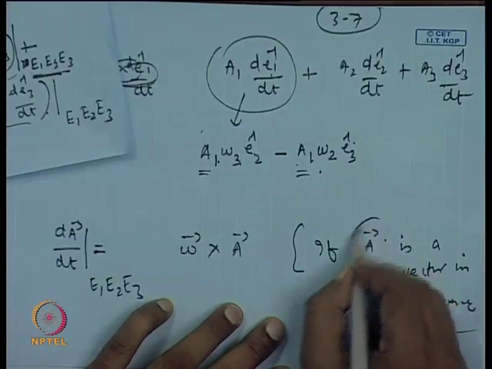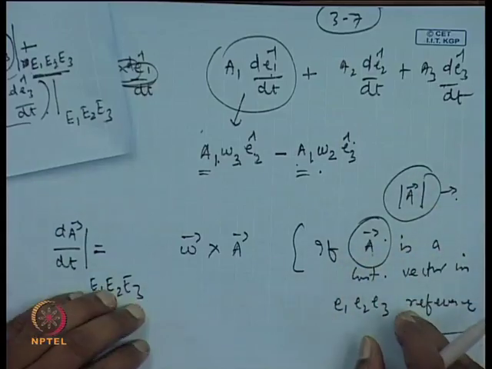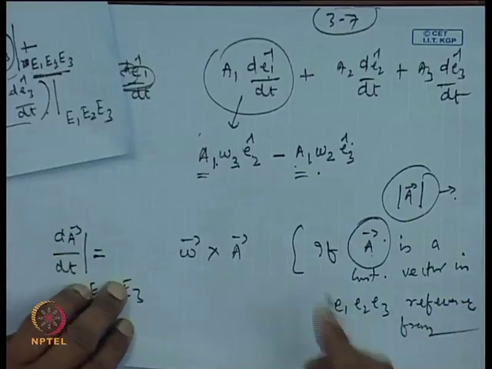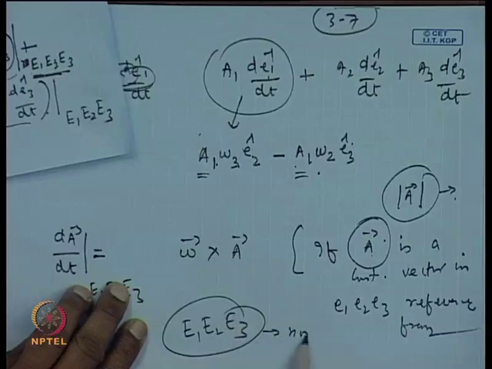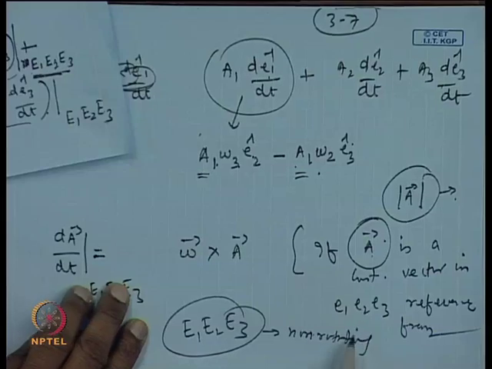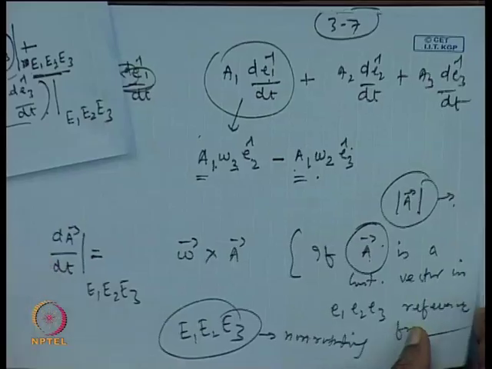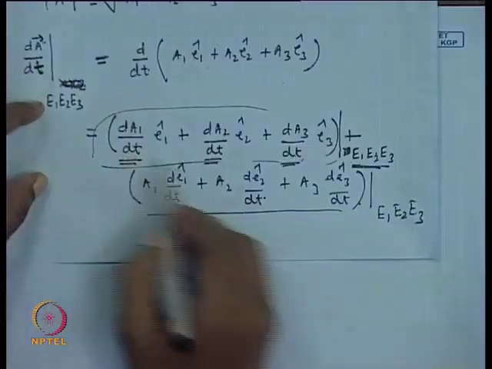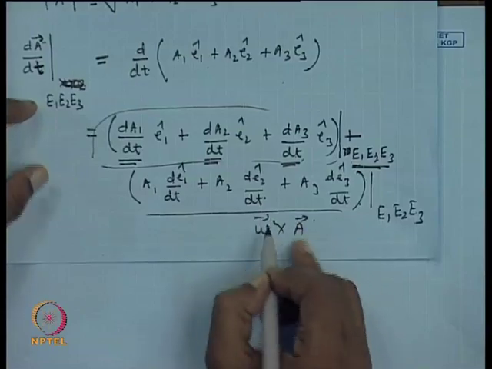So, the magnitude of this vector also becomes a constant in the capital E1, E2, E3 reference frame, which is non rotating. So, you see how important this conclusion is. From here, what we get is that if the vector is fixed in magnitude, then simply the first part vanishes and we get only the second part, omega cross A. So, this gets reduced to omega cross A, but if this